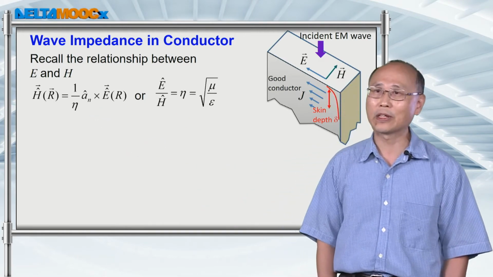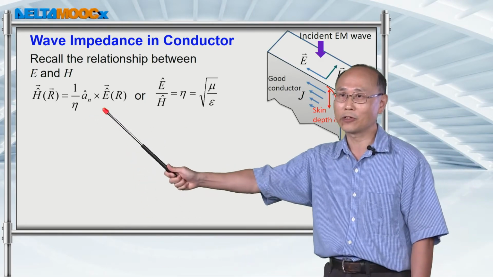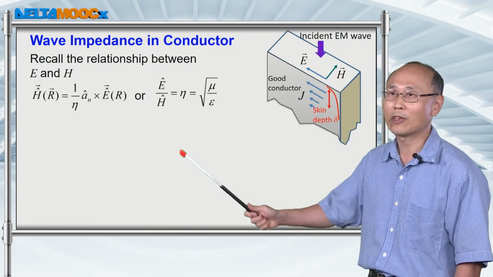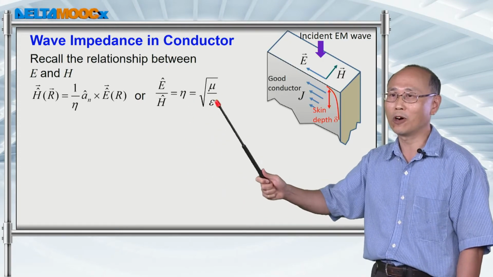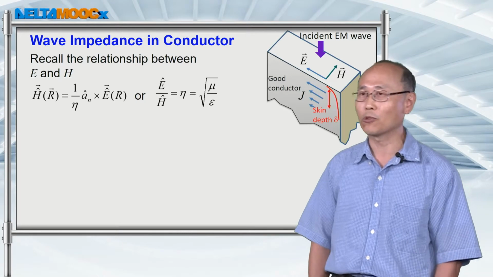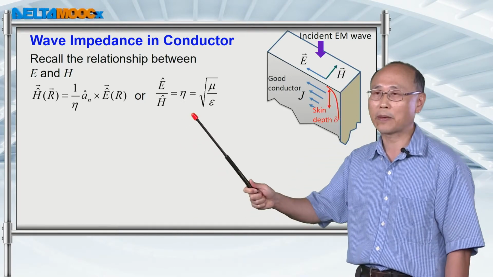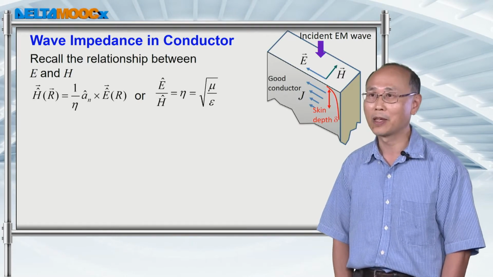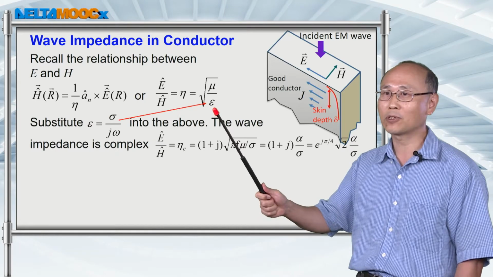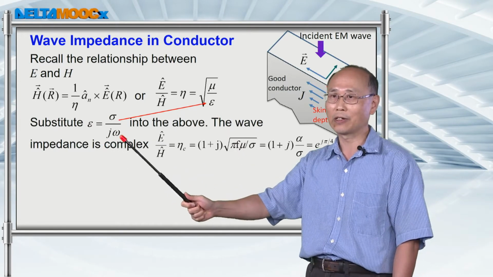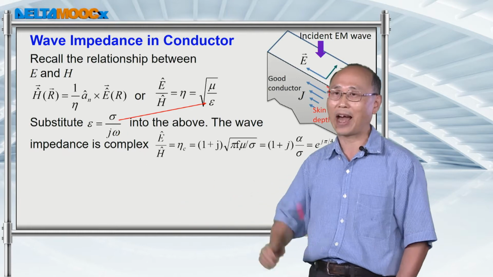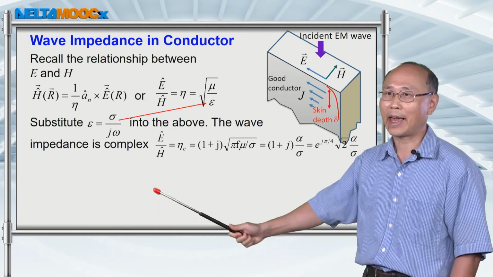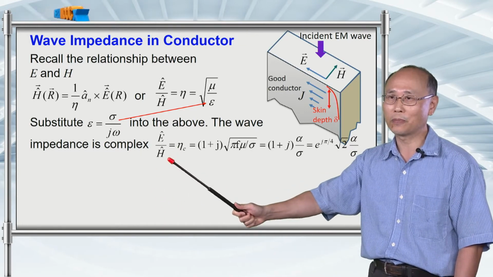The intrinsic impedance for a wave is defined through this relation. And if you divide electric field by the magnetic field, then you have a value equal to square root of mu over epsilon. And we call this intrinsic wave impedance. And we can also do the same calculation for a wave penetrating a piece of conductor. And we already figured out the epsilon value for a good conductor. That is equal to this value. So let's just put this value into this expression and calculate the ratio of electric field to magnetic field.